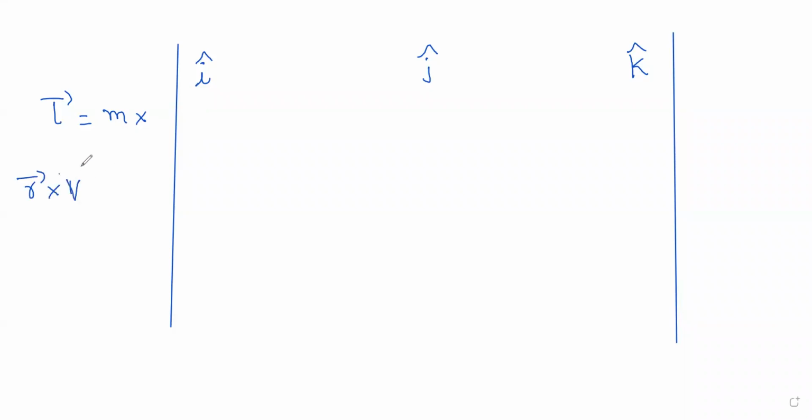R cross V bar is what I'm solving now. So to solve this R cross V, I'm plugging in first the R vector. The R bar vector is u cos theta times t. That is the first part, and that is the x displacement. The y displacement will be u sine theta t minus half gt square. That is my y displacement, right?